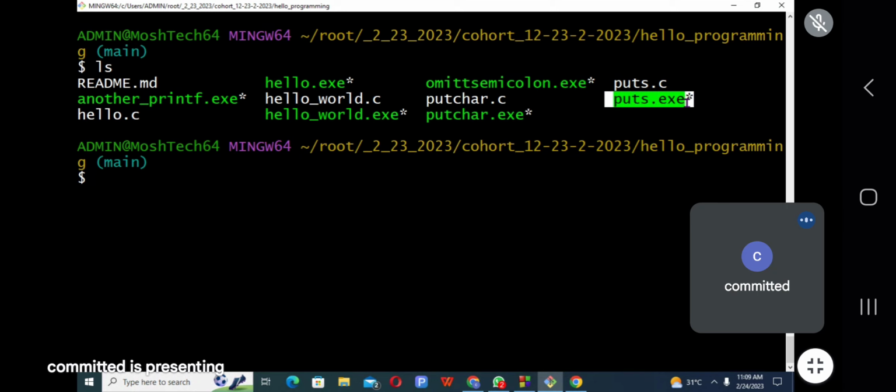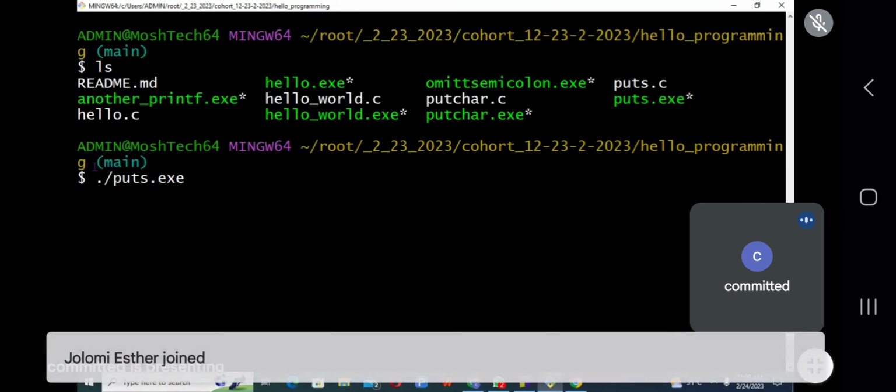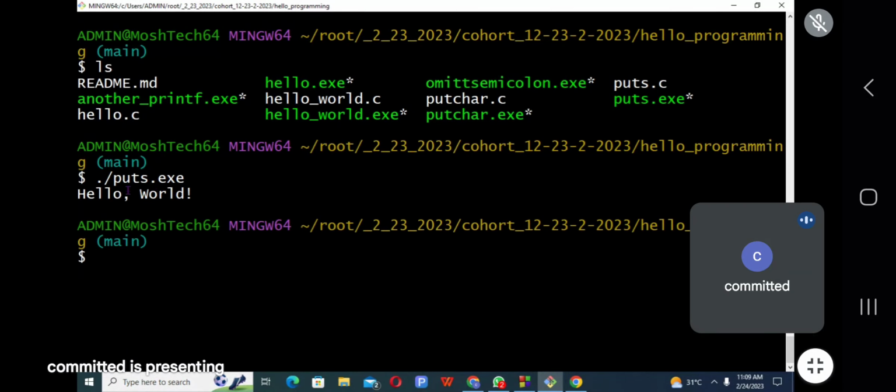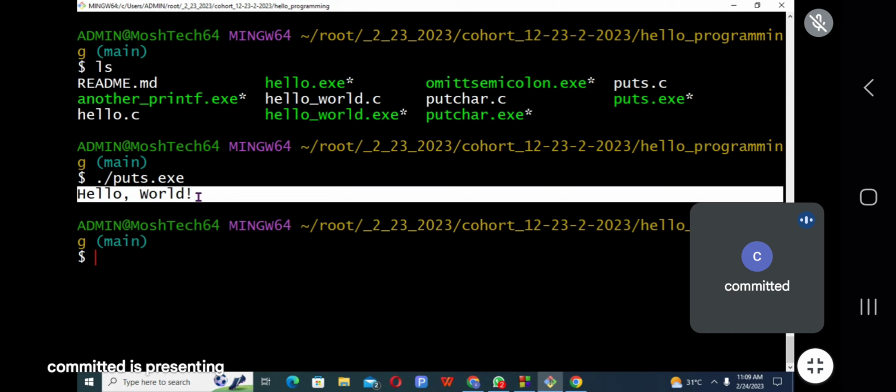Now, I want to call this executable file, which is in the current directory here. Because it is in the current directory, I will put my dot slash. This slash, we know we use it to separate directories. Now, this file here, this puts, is what is inside this current directory. That's what it means. So now when I type it, this is hello world.